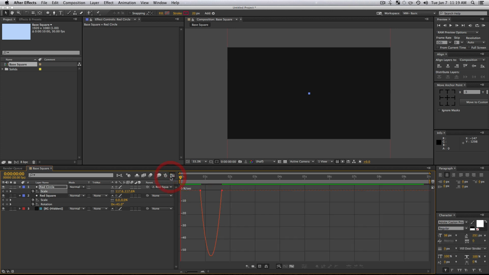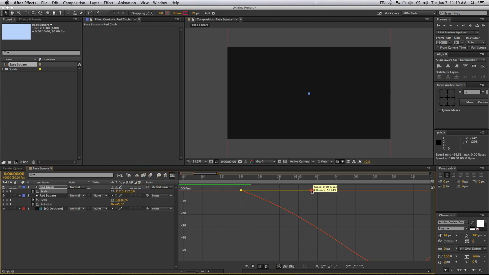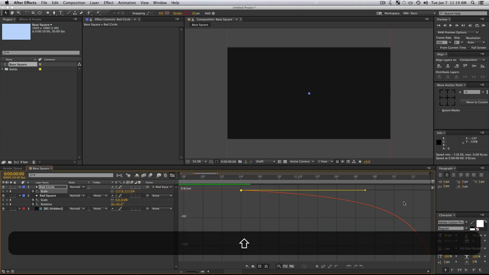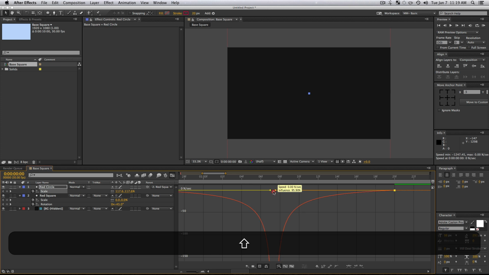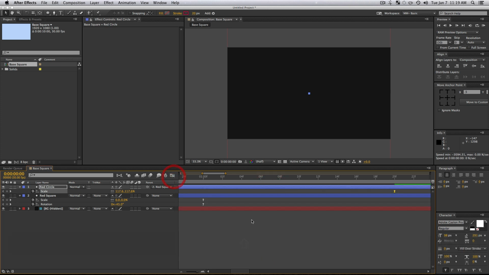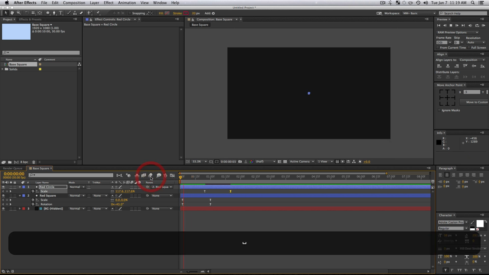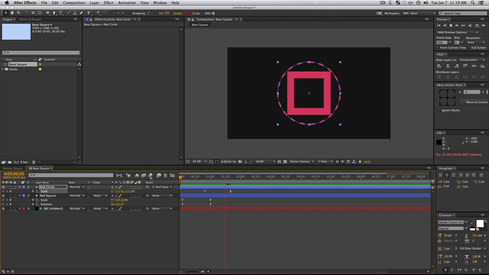And just like we did before, I am going to use the Bezier handles and just really crank up my speed on here. And you can also hold space to move around in your timeline, if that is helpful for you guys. So let's see how this is looking. It pops in and shrinks down. That looks very nice. So now what we're going to want to do is let's go forward to 6 seconds.